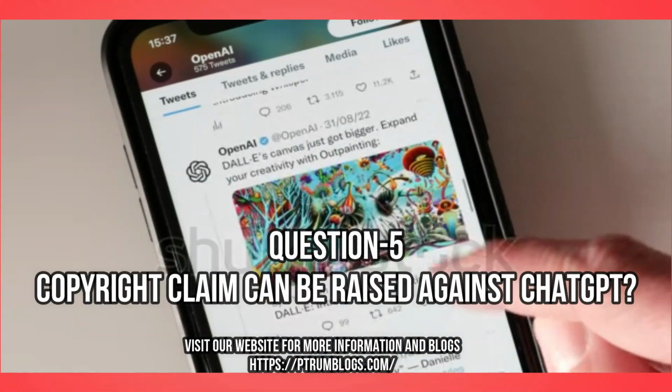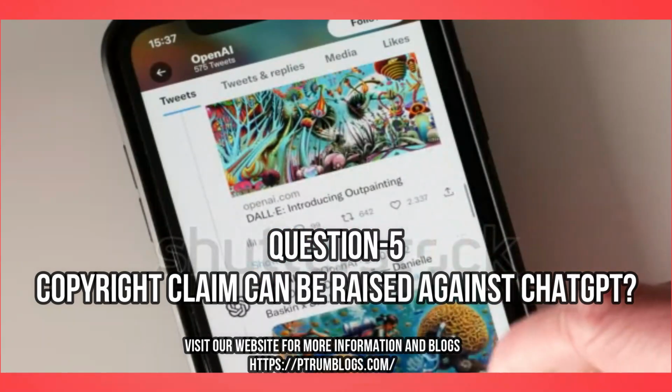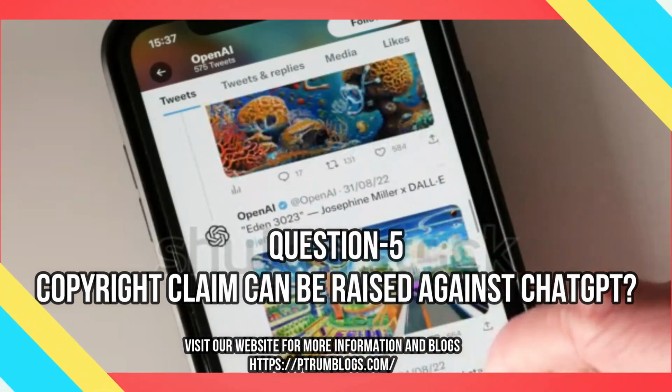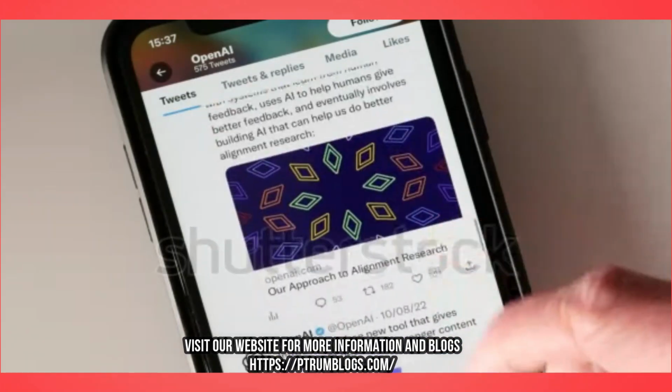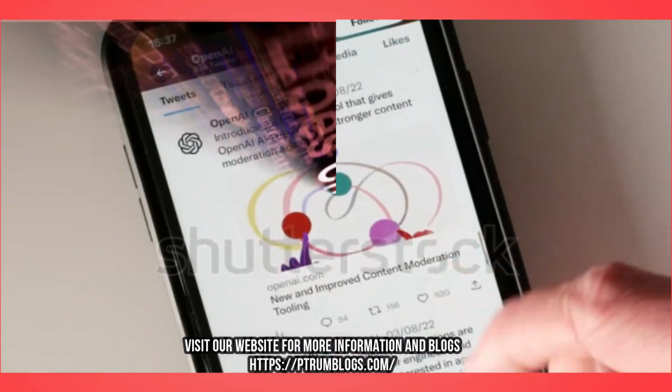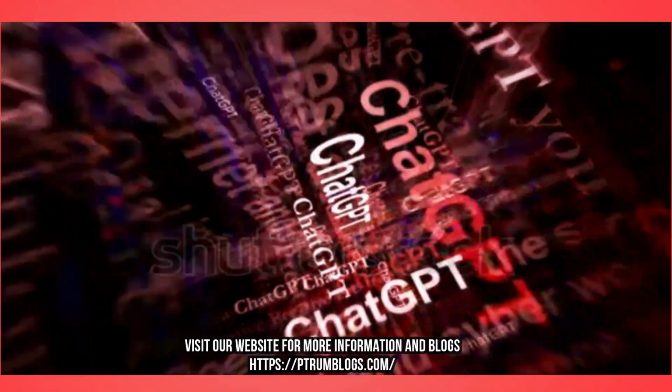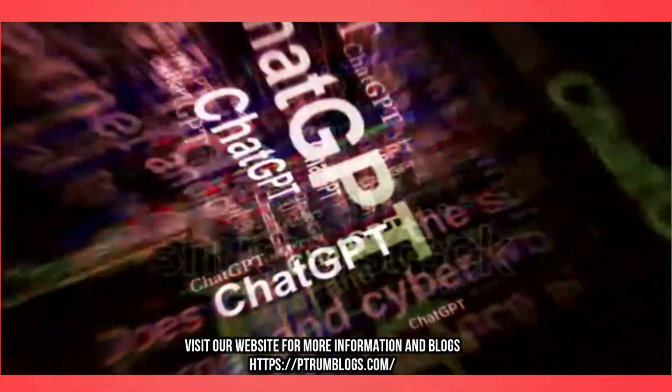Can a copyright claim be raised against ChatGPT? In general, copyright claims can only be raised against the creators of original works, such as authors, artists, or musicians. As a machine learning model, ChatGPT is not considered the creator of the content it generates, and is not capable of holding copyright. However, the creators of the model, OpenAI, may hold some rights in the code and technology used